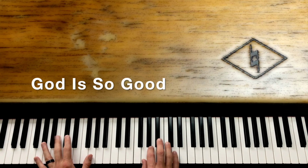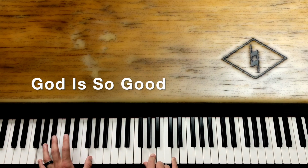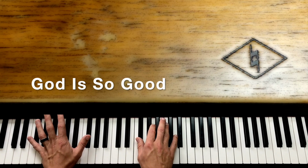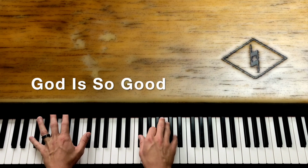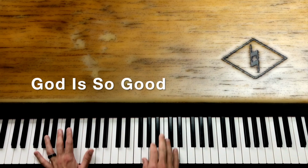Let's start out the exact same with this G. So God is so good. Now, one option that we can do here is on good when we go to that D, the D, A, and D, we can go to F sharp here. See how that is? It's like a D with an F sharp. So God